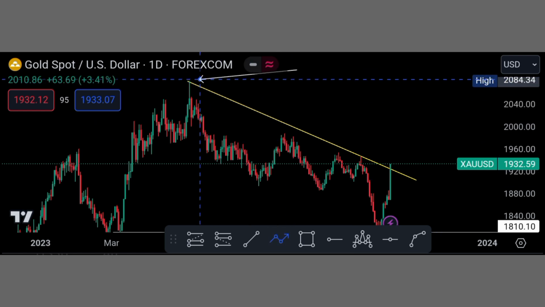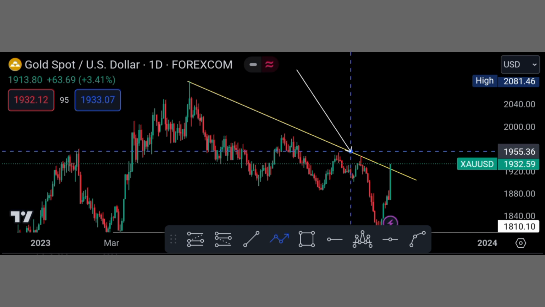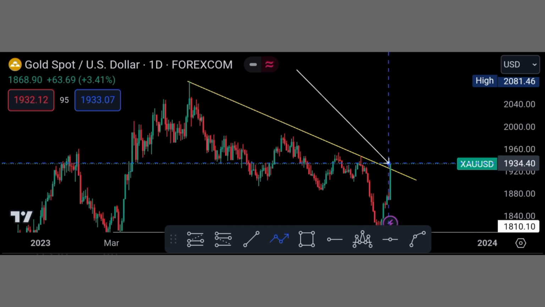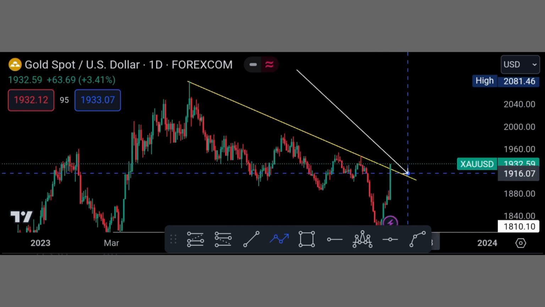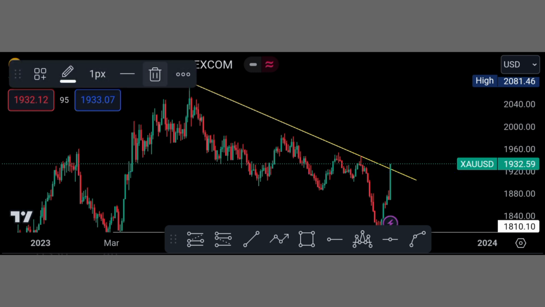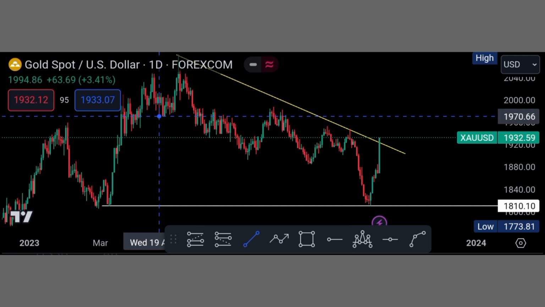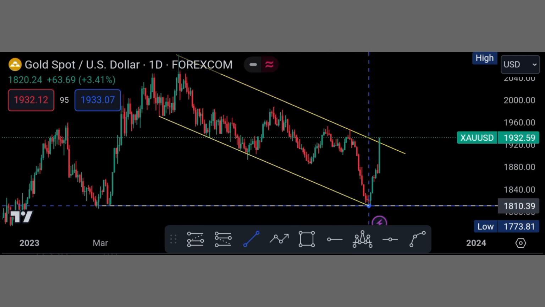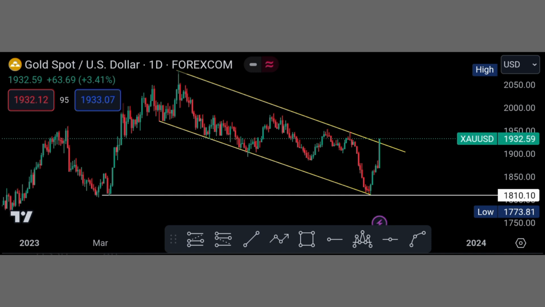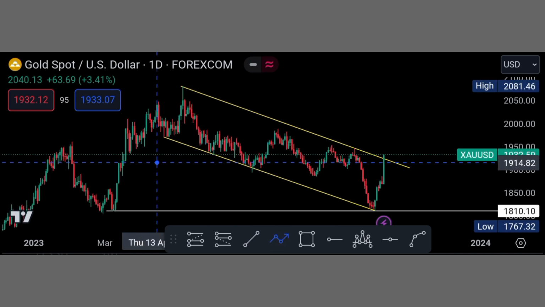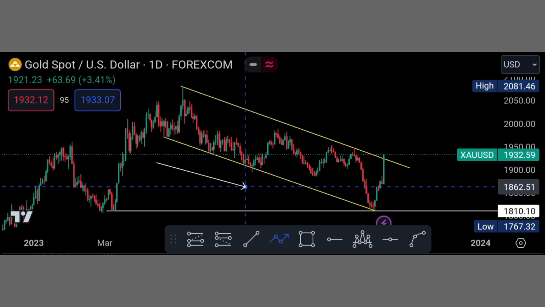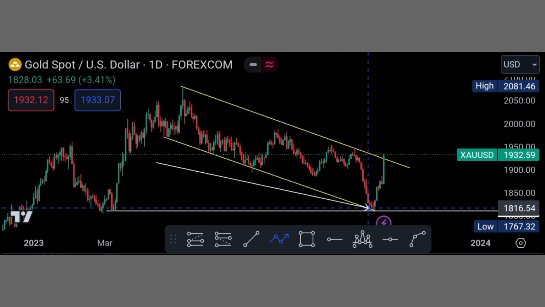So we have our first touch here, second touch, then the market broke. So now we'll be looking for a correction pattern, but I also want to show you guys the other trend line around this area,